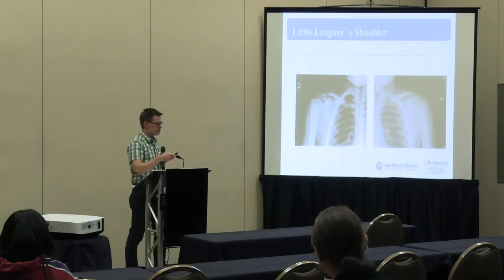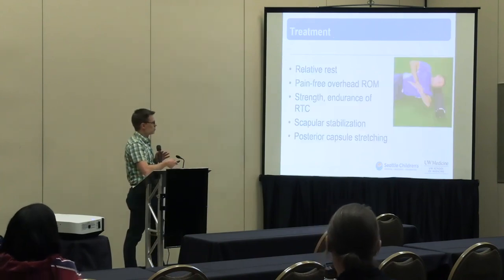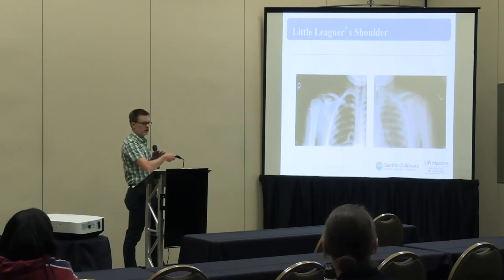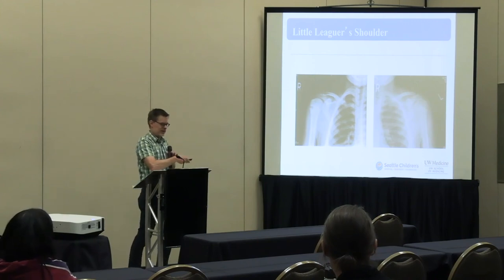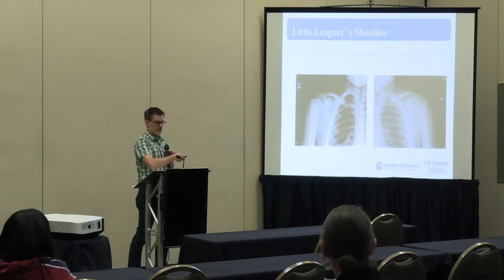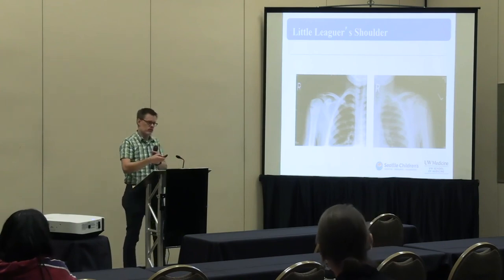Okay, but then sometimes you get X-rays. You see the normal physis there, and then on this side it's kind of ratty, moth-eaten, looks wider right there. The reason I'm saying you sometimes will see this: if someone came in with an open physis and they had the exact same story, I might say, hey, I think this is a Little League shoulder, and I'm still going to do the same thing. But if you definitely see that widening of the physis, that is definitely Little League shoulder,